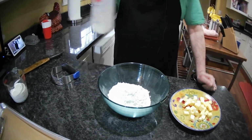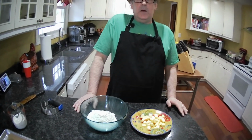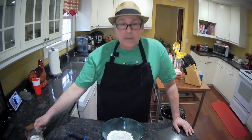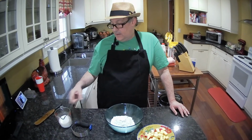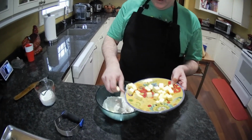All right, so we don't need the milk right now. Depending upon, I guess, the humidity and things like that can affect how much liquid you're going to need. You're going to need probably anywhere from 3/4 to 1 1/4 cups of milk. I find almost always 1 cup works. I don't pour the whole first cup in at once. You'll see, we'll do it kind of in a couple different times. So then you want to take your nice cold butter,